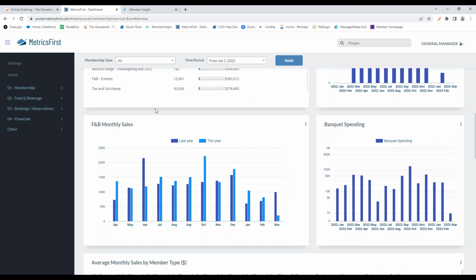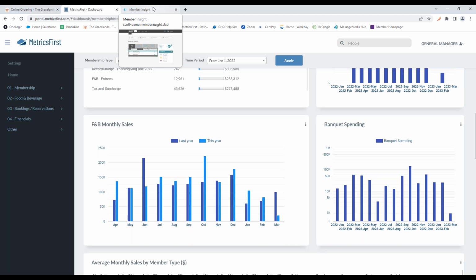So this is clearly a very deep, robust platform, and I believe it's all online. This is an online application, so you can access it from any device, correct? Correct, yep. And because it is so deep, and there's so much that we could dig into, which you went through a lot, we are going to be holding another webinar, I believe, in 2 or 3 weeks' time. So if anybody is on the line today that wants to get a more thorough look at these metrics first, definitely look out for that webinar being promoted over the next few weeks.